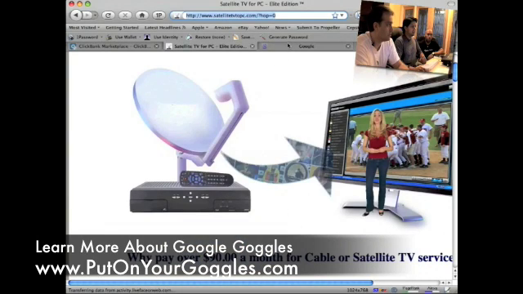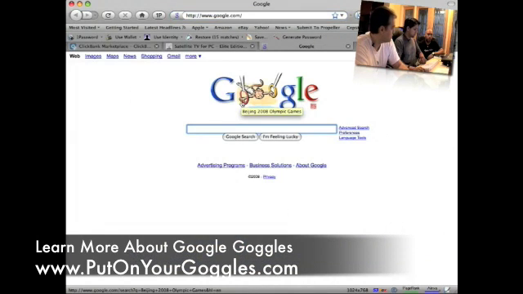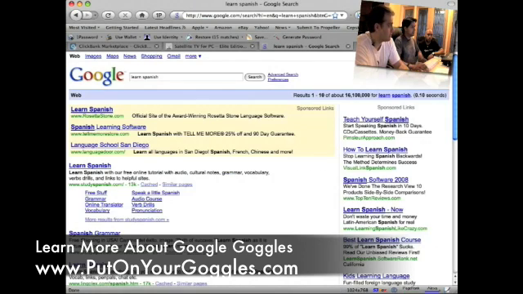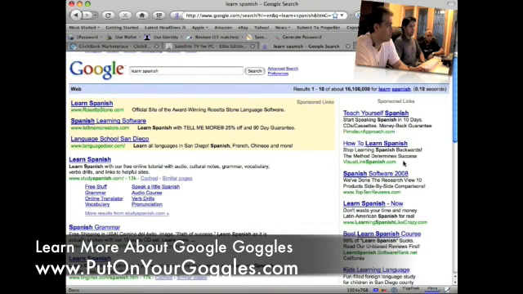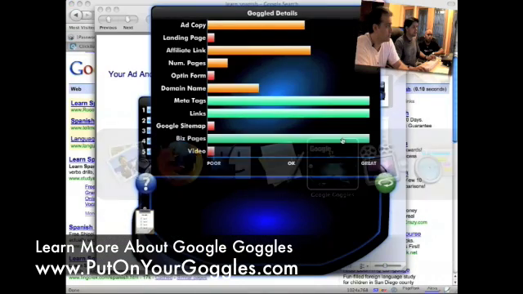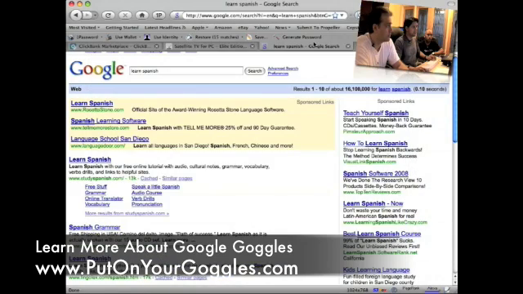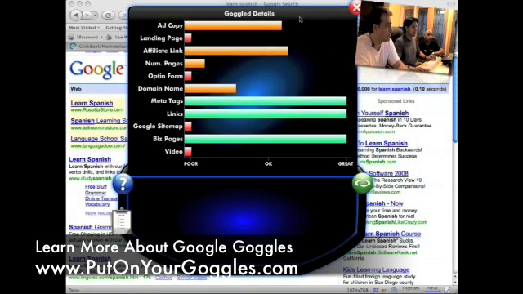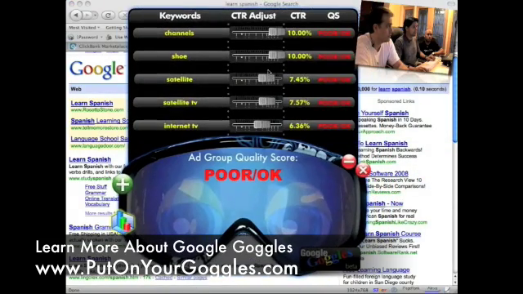All right, so this is the one we had a challenge finding. Let's just find something for Learn Spanish. All right, and I think this was actually the one that we tested, Visual link. We're just going to copy and paste, I mean, type this in over here. Let me get rid of that and go back to my goggles. Now all I have to do is click this button over here,